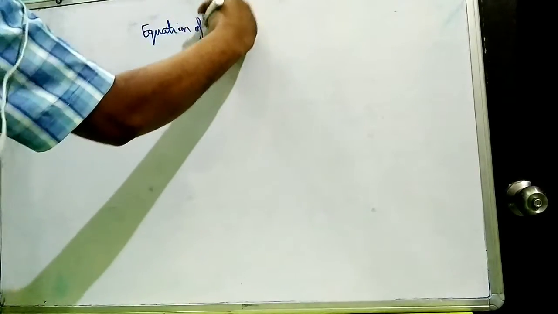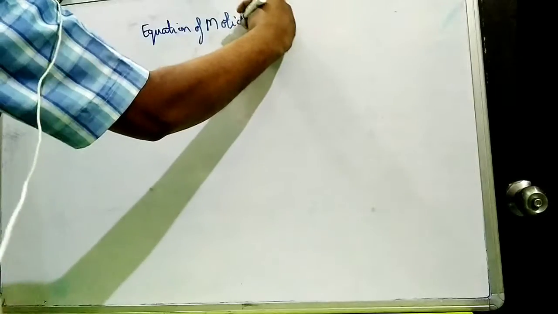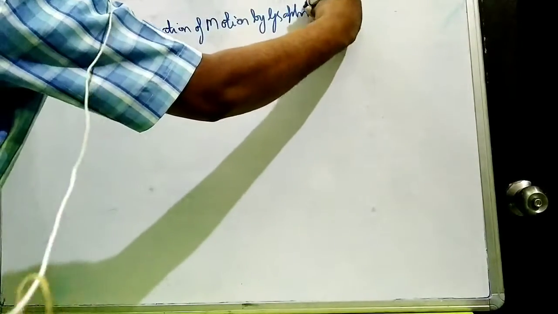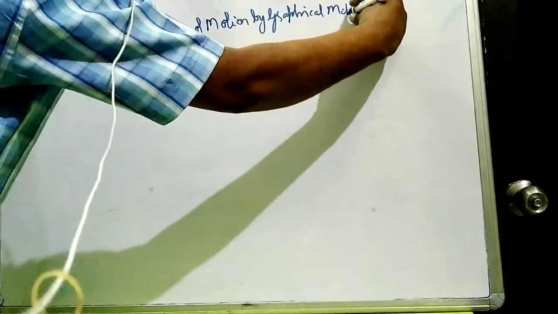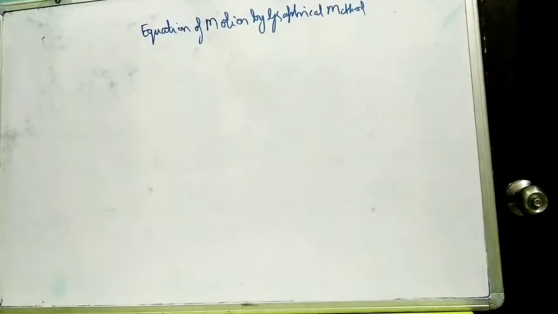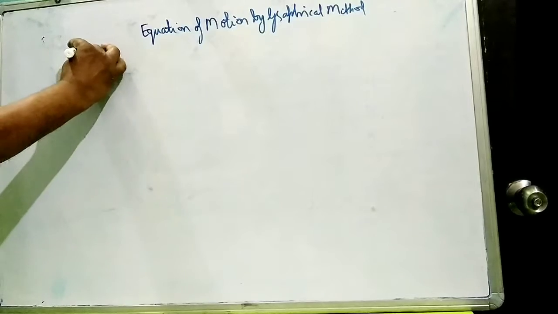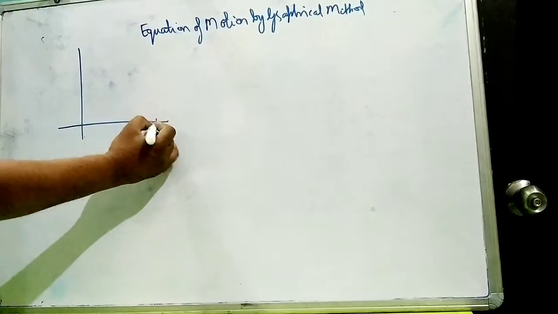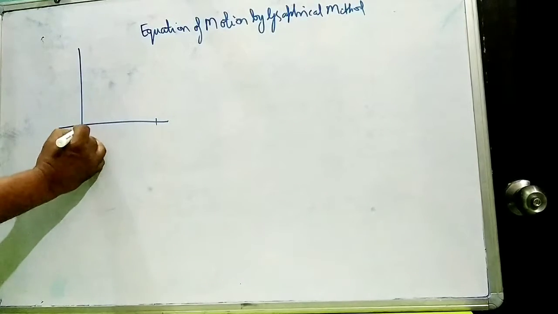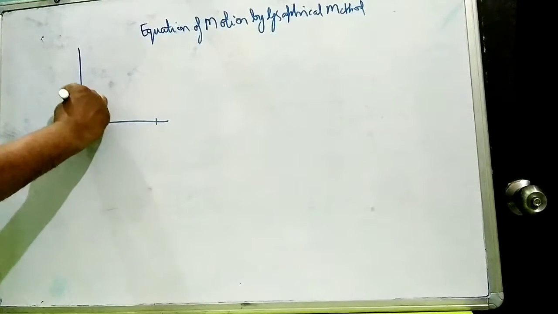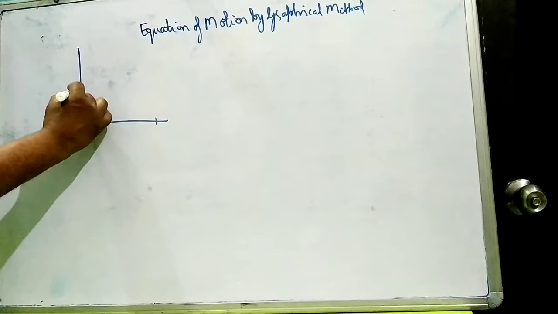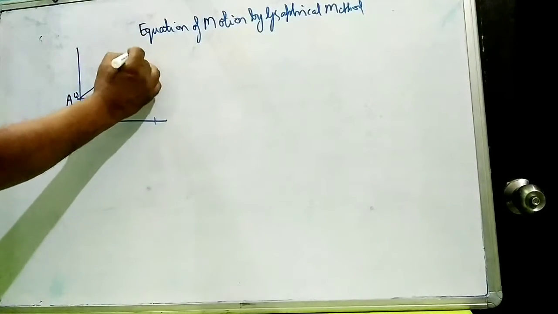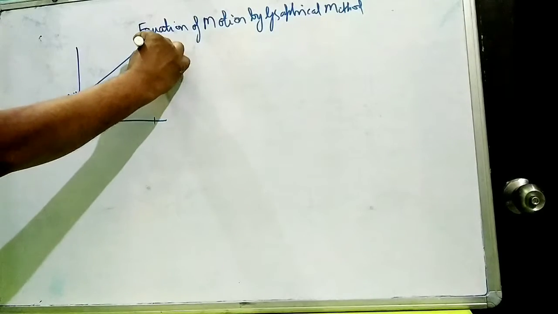Equation of motion by graphical method. This from O till A is the initial velocity u. From here a body starts, reaches a position B,